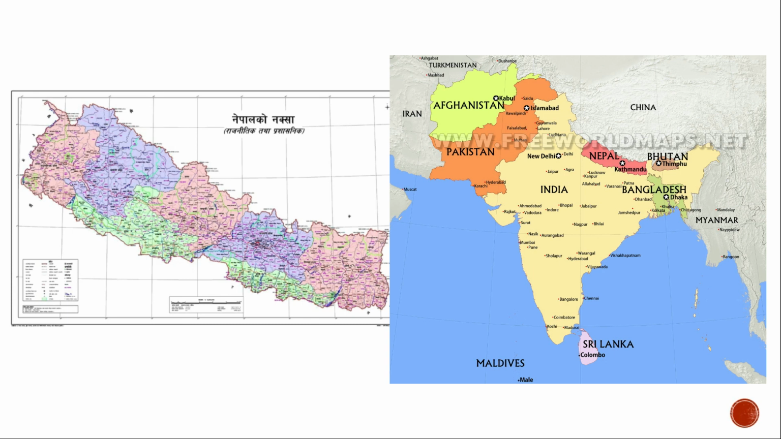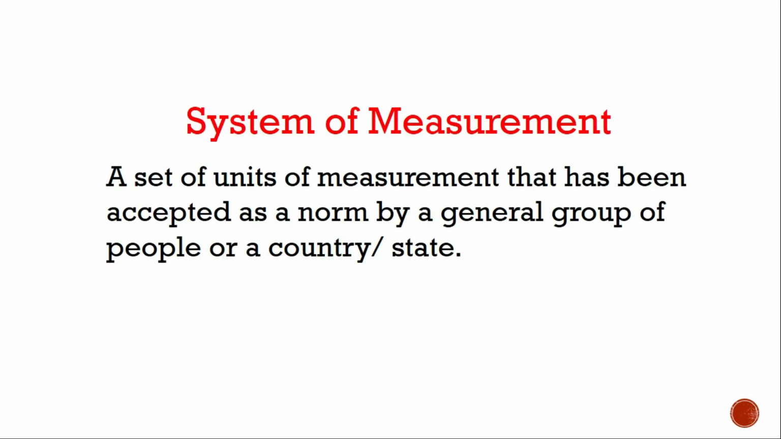And this system जसमा different types of units use गरेर हामीले measurement को कार्य गर्छौं is what is known as system of measurement. So we can say that system of measurement is basically a set of units of measurement that has been accepted as a norm by a certain group of people or a country or a state, you can say. So world over, there are a lot of different types of these locally formed systems of measurement,